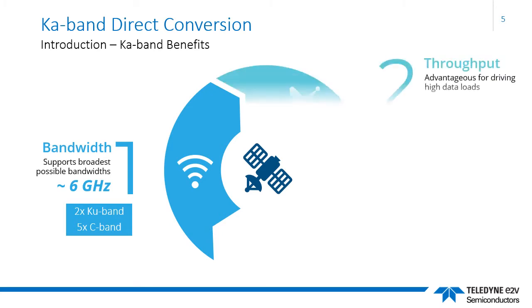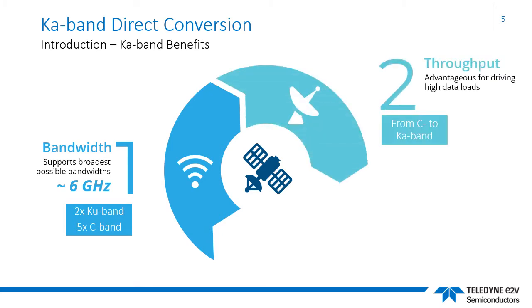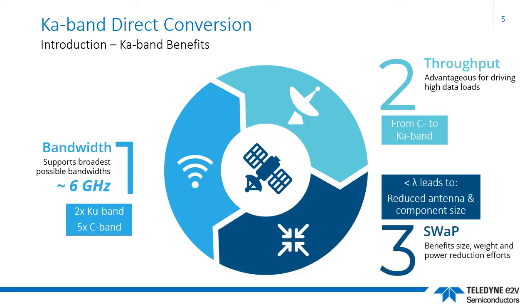With the substantially increased bandwidth, another benefit is throughput rate. This partly arises from raw bandwidth considerations, but equally the Ka band systems produce smaller spot beams, meaning inherently increased frequency reuse within a geographical footprint of a given satellite becomes possible. Finally, with smaller wavelength signals, the physical size of key components such as antennas falls, helping to improve the all-important swap or size, weight and power performance of a given design.